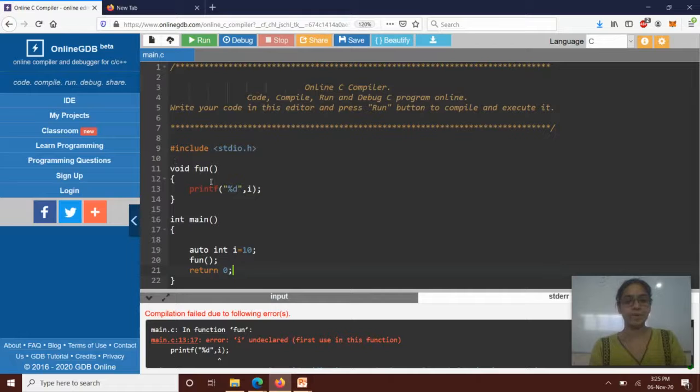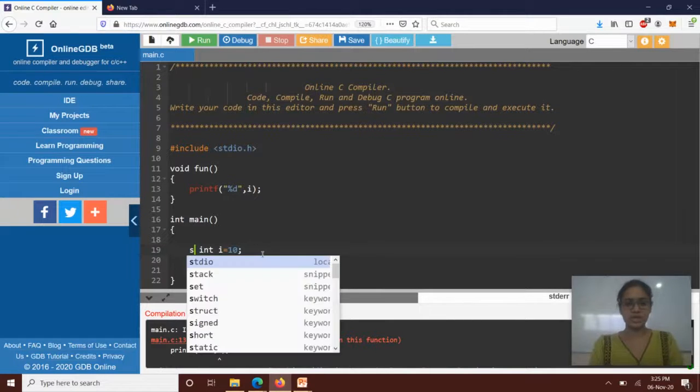For using a CPU register, we will just use the register keyword, but we actually won't be able to know whether it is being stored there or not. If a CPU register is available, then it will be stored. The same goes for this case. Its scope is also the block that it is declared in. So if I'm trying to access it in the fun method, I won't be able to do that. Why? Because it's outside the block in which it has been declared.